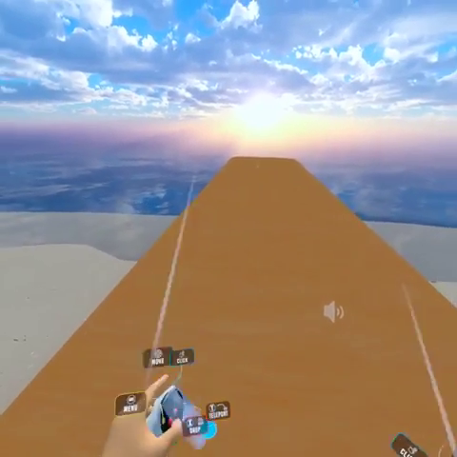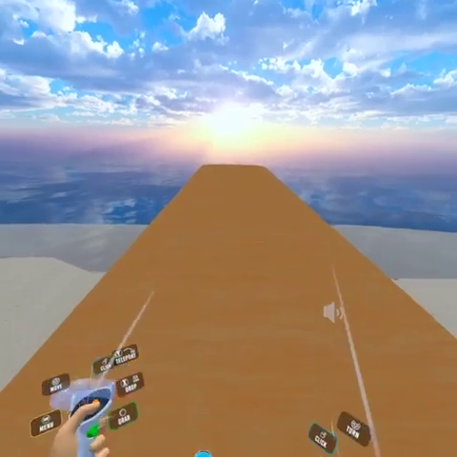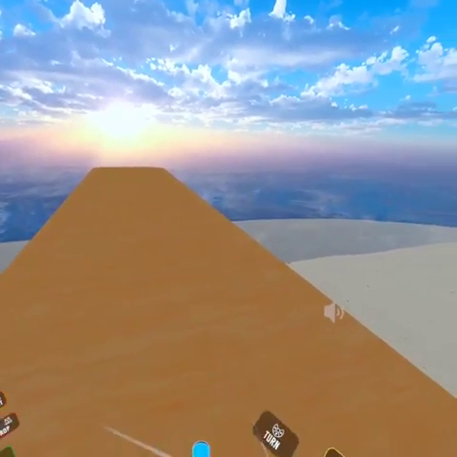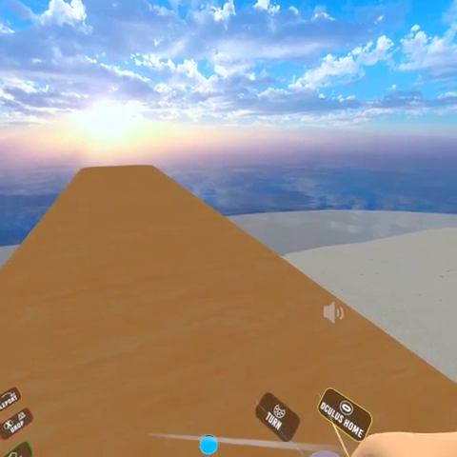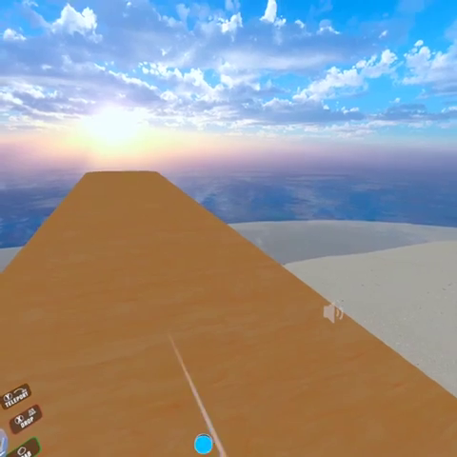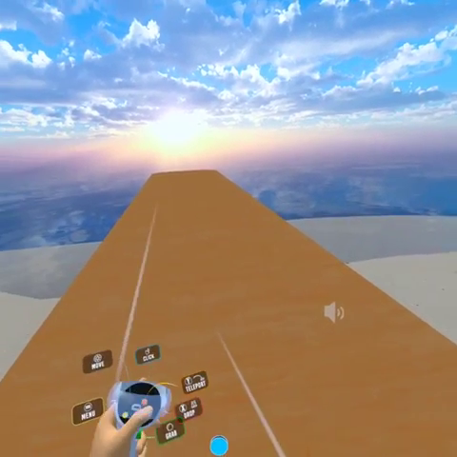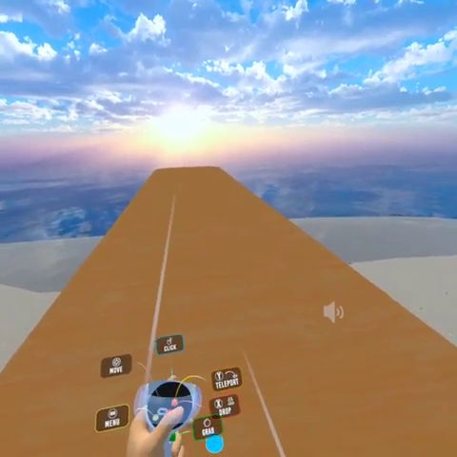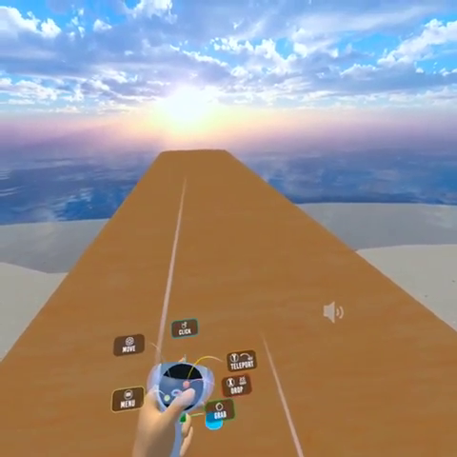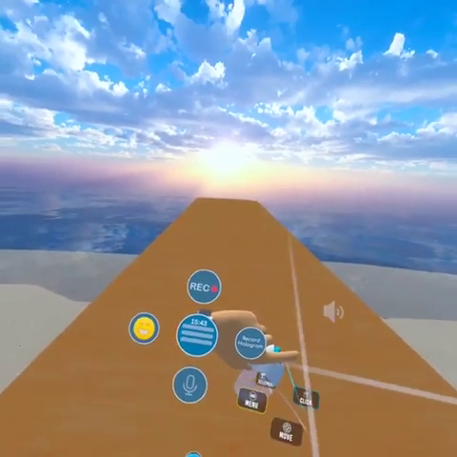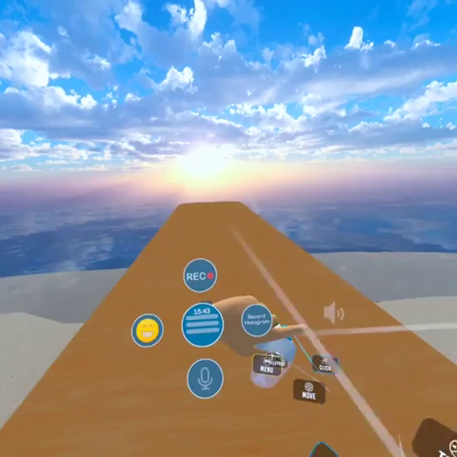All right, here is a quick tutorial on your menu. You can access the menu in multiple ways. You can look down, and you should see a blue circle here that you can click on that will open up the menu. Or you can use this left yellow menu button. It's the concave button underneath the joystick on the left controller. You can click that. Or you can look at your left wrist like a watch, and then this will also